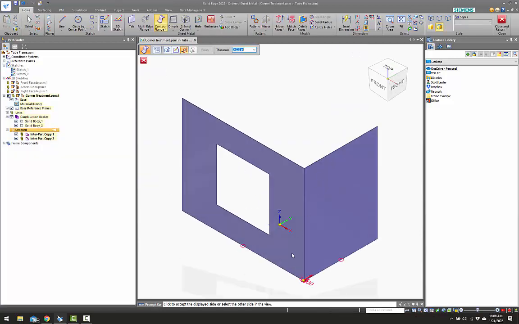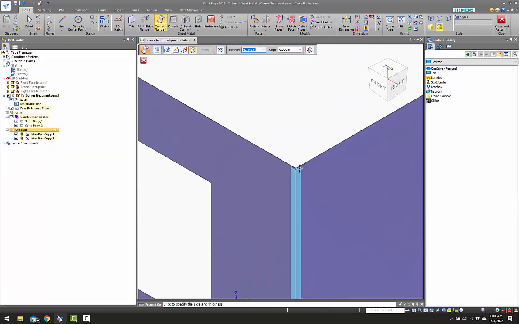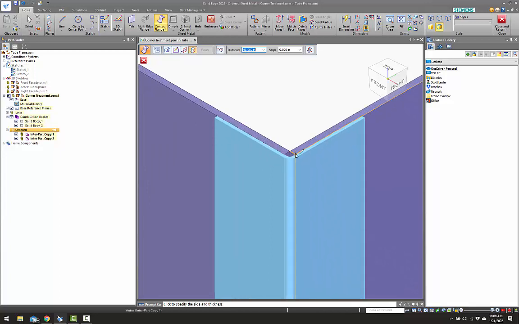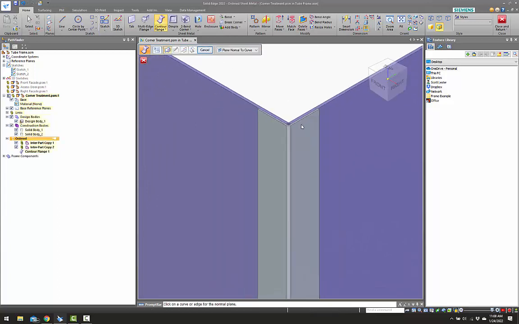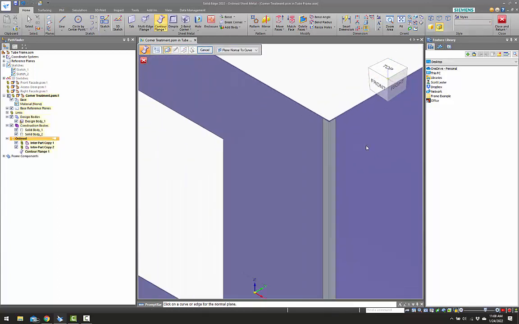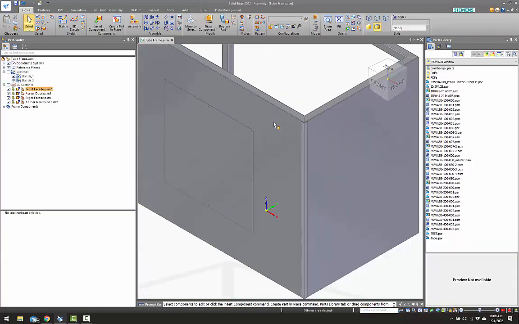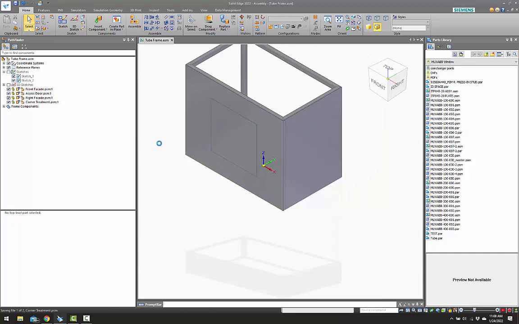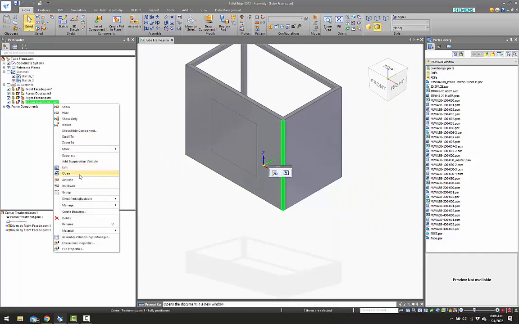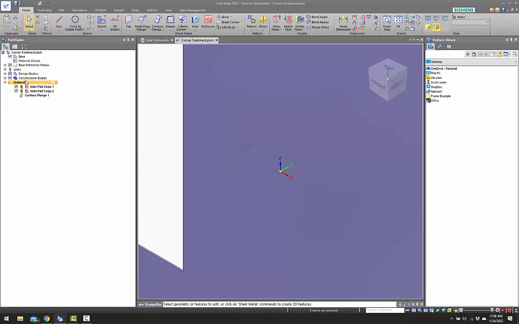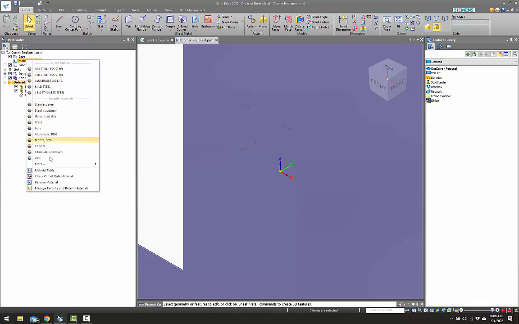Accept it, push it to the outside, and I'm going to use another reference. Finish. That way if the height of that panel ever changes, it also changes this, the height of my corner treatment. All right, and let me save this,